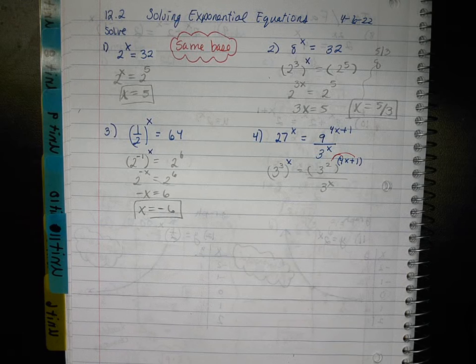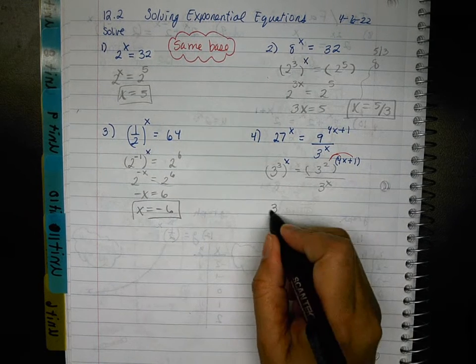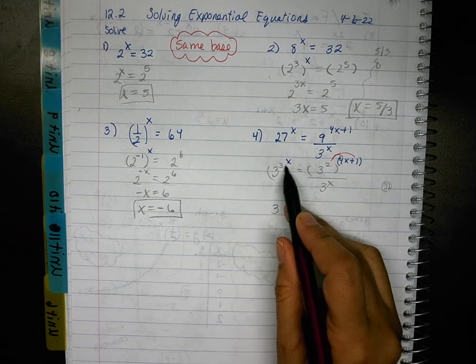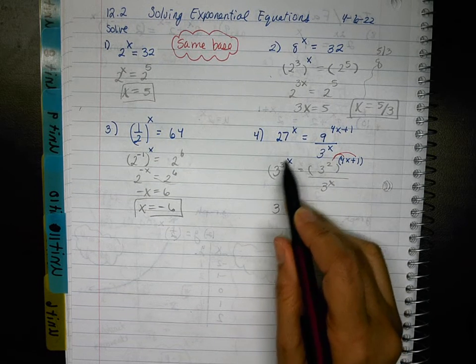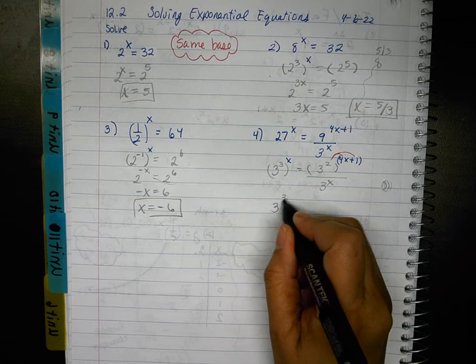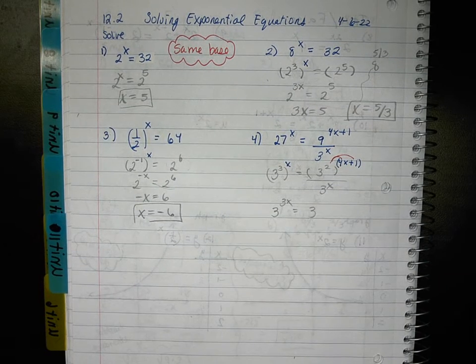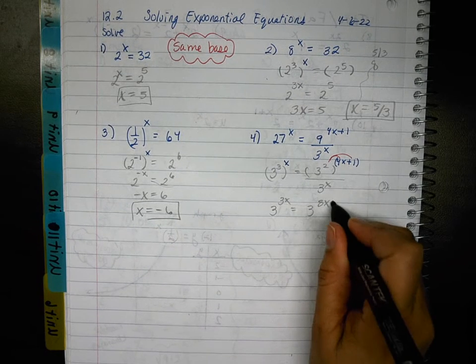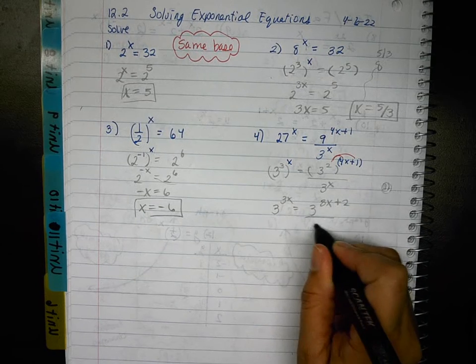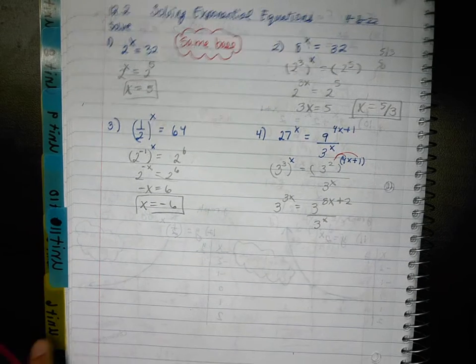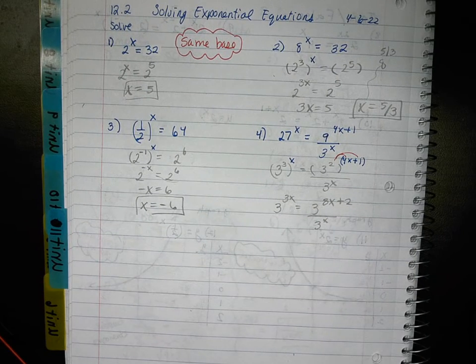Okay, everything's now a base of 3. I just have to clean it up. 3 raised to the 3 times x is what? 3x equals 3 raised to the, what is that? 8x plus 2 over 3 to the x. Okay. Now,